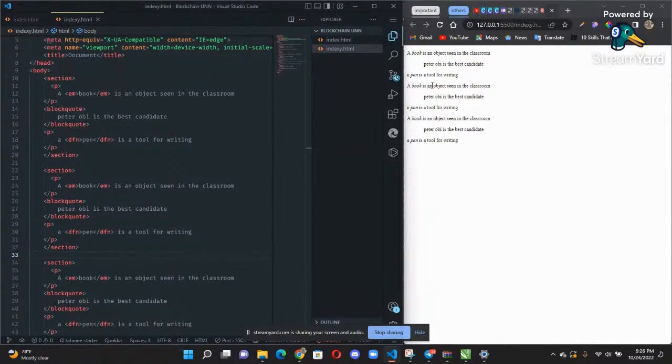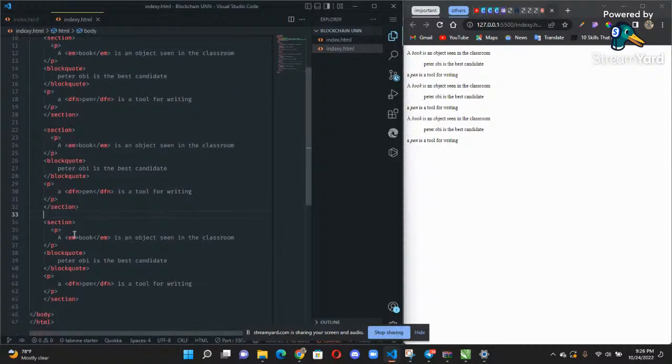And while it's entering another section, which is here, it will also tell the person that this particular place I'm reading now is the beginning of a new section. So you see, that's semantic enough. And that's what we are always advised to do.